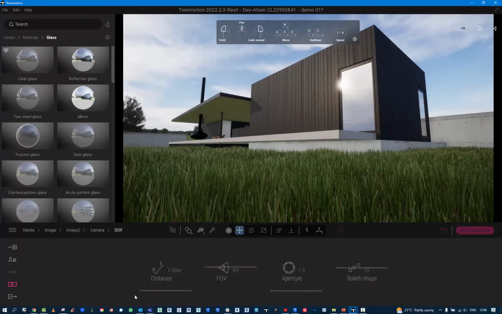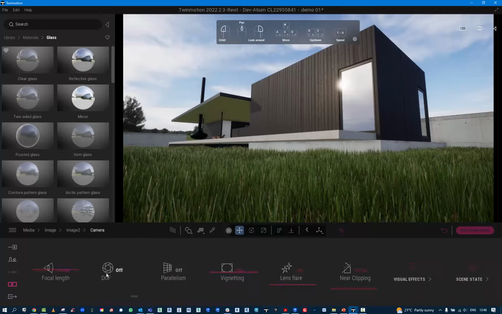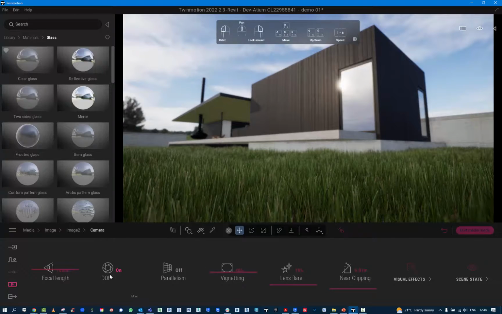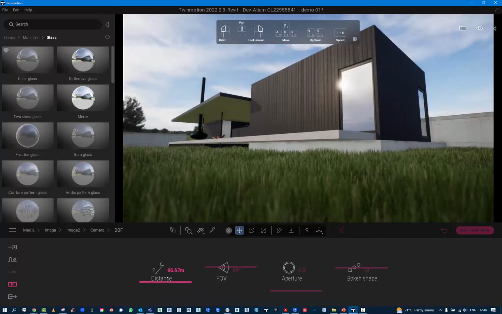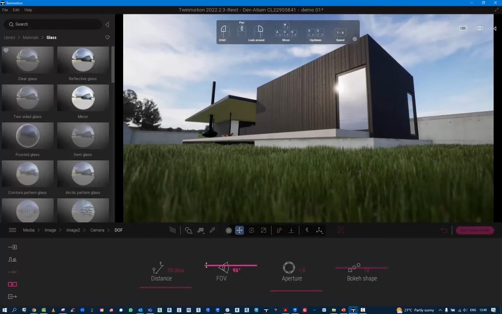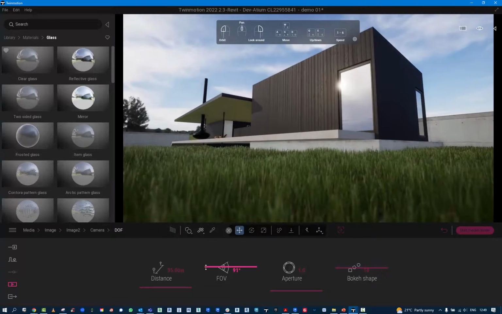Adding the depth of field can also add something to the shot. So at the moment, the depth of field is set close to the grass, and of course we want to focus on the building. So as I go and crank that a little bit, maybe 35 meters might be right. We can also maybe adjust the view here,